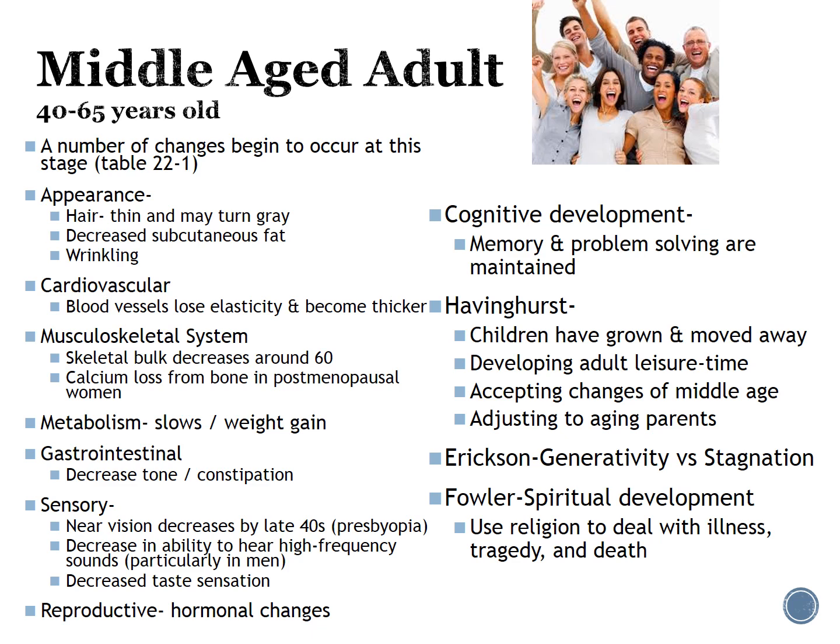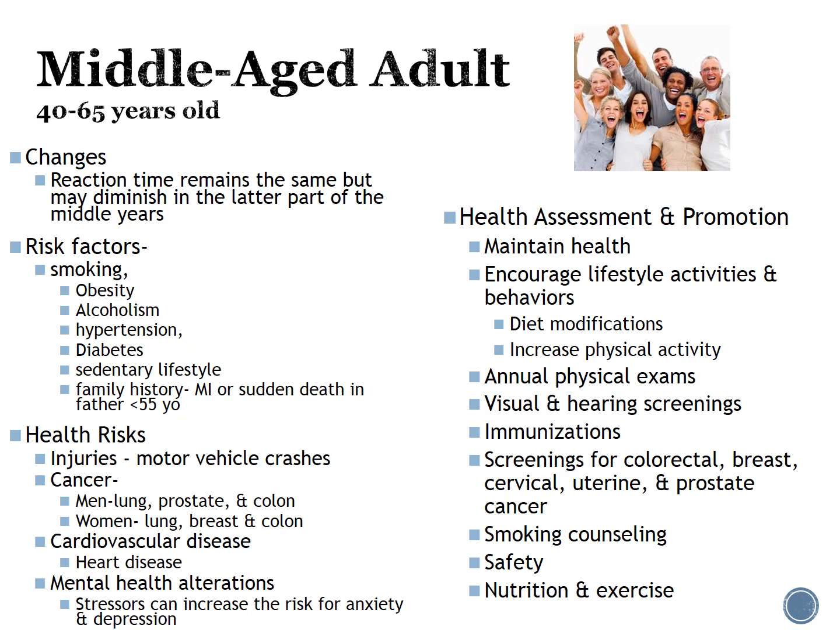So Kohlberg is morality and Fowler is spiritual development. Those develop based on each person's ability to achieve the highest level of those different developmental theories. For each of these age groups, you should also be familiar with some of the changes that would occur and the risk factors that are affecting their life.